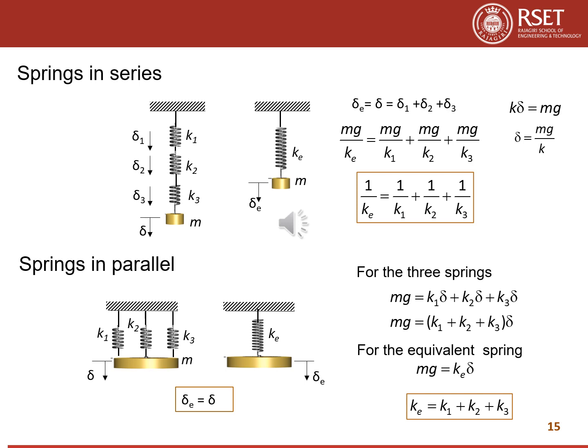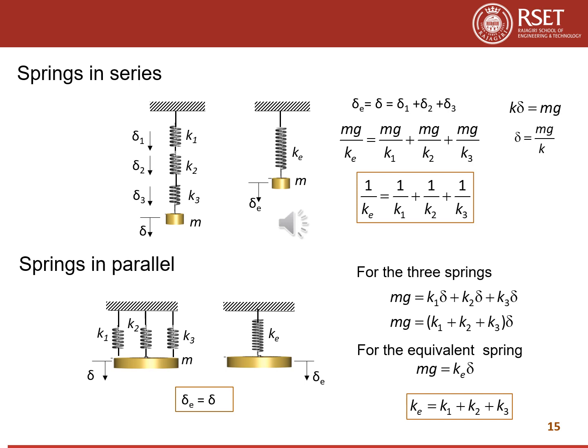So the spring stiffnesses are K1, K2 and K3 here. The difference from the last one is that here, for the 3 springs, the displacement will be the same, and that displacement will be equal to the displacement of the equivalent spring. In the previous one, that is springs in series, we had to add the displacements to get the total displacement. Here, the displacement for all the springs will be the same.